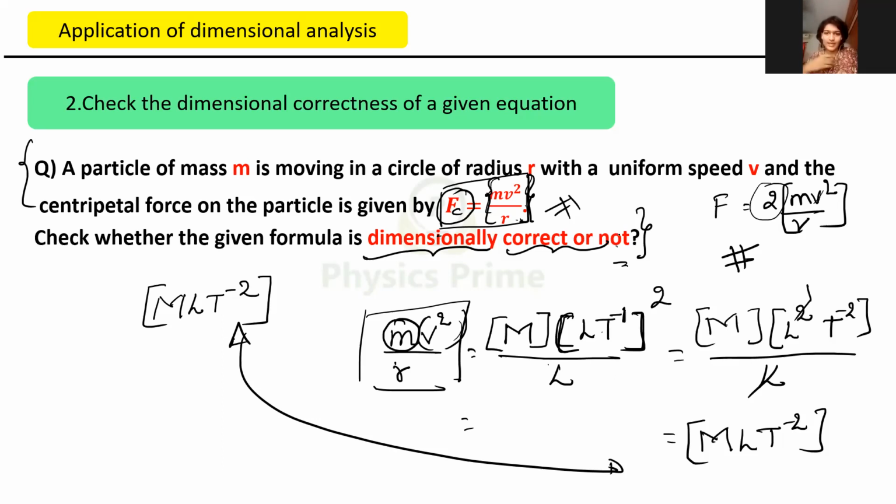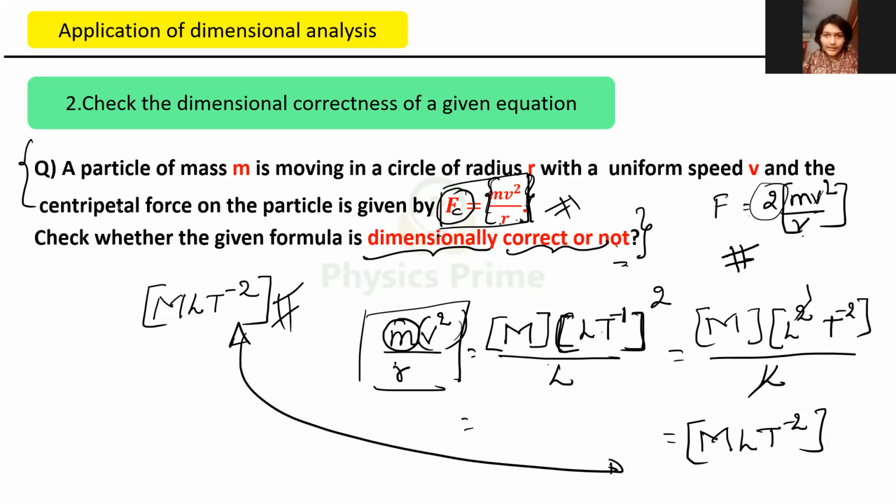Numbers do not have any dimension. So then this also will get fourth dimension, right? Yes, sir. But which of them is correct: 1 into MB square by R, or 2 into MB square by R? Do you know? Can you say as of now?